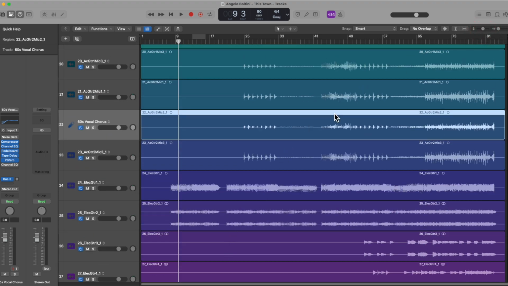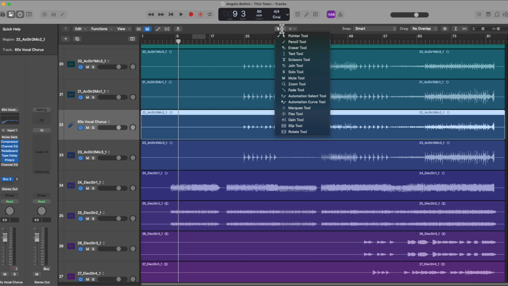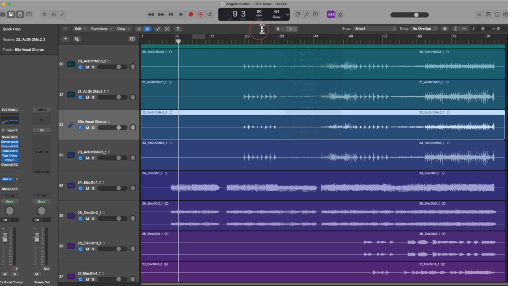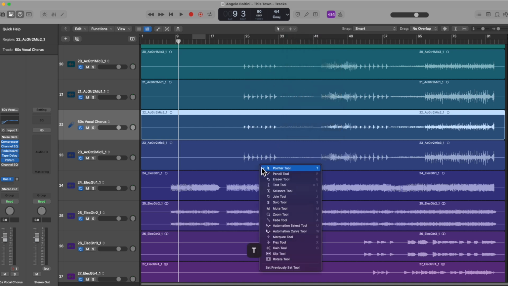Give that a try. There are a ton of different tools in Logic Pro, that is, things you can turn your cursor into, and they're up here. I have a left click tool, and then I have an option click tool. So I can set my left click tool to something and my option click tool to something. But you might not know that if I just hit T, I can change my tool on the fly right next to my pointer